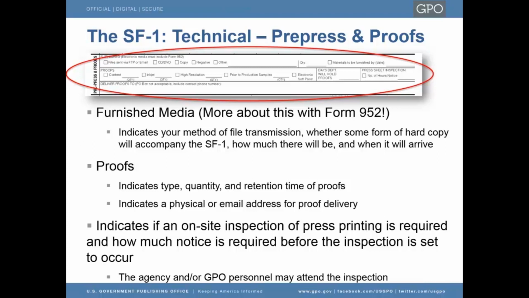The date is especially important if the artwork will lag behind transmission of the SF1 for any reason. In the proof section, you will be indicating the amount and type of each proof that you're looking to order. Simply check the appropriate box and indicate how many of each type you desire. Your GPO account manager or local GPO office can give you in-depth training about the different types of proof and their applications. The most popular proof options are: